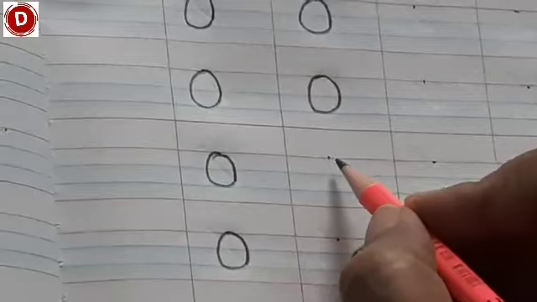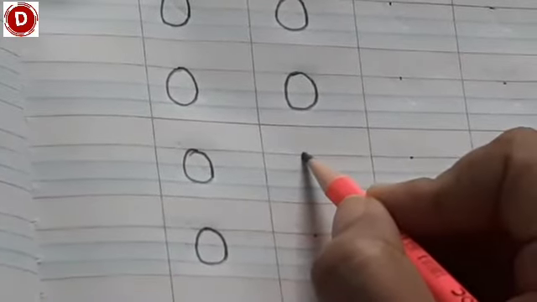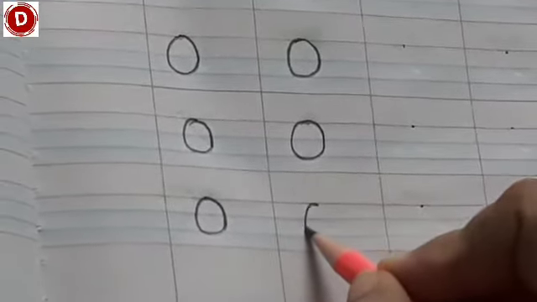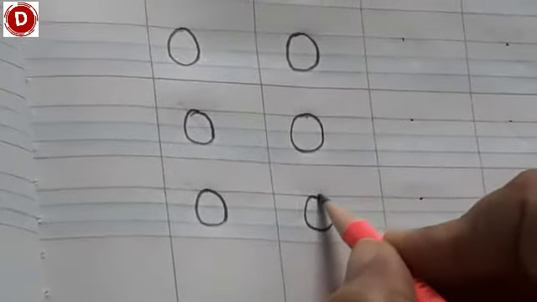Children, now see, we are on the second line and the last 2 blocks are left. From the dot you have to make a semicircle and then go up again and touch the dot. In this way you have to make O. Now see, we have finished 2 lines. Now we are on capital P.